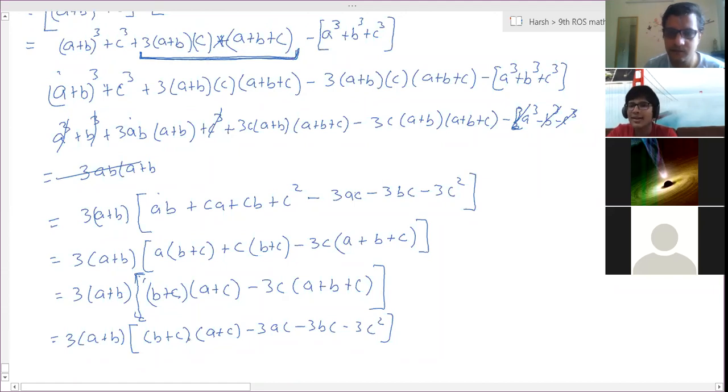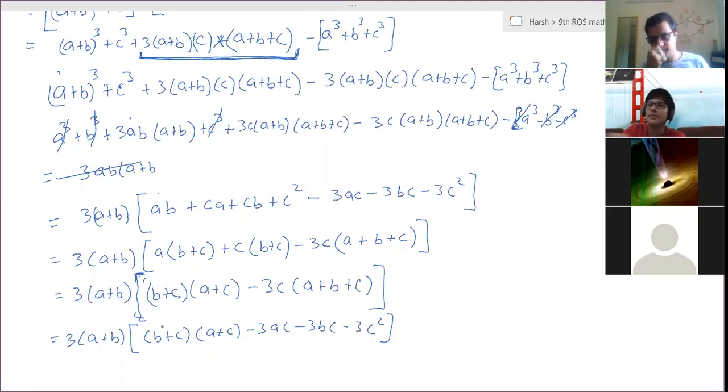I'm stuck here. Sir, I got the answer without actually subtracting it. I would have got the answer correct without subtracting the value which I added. So directly I got 3(a plus b plus c) into (a plus c), sir. They asked us to verify. This is the solution you have given. Where is the answer?